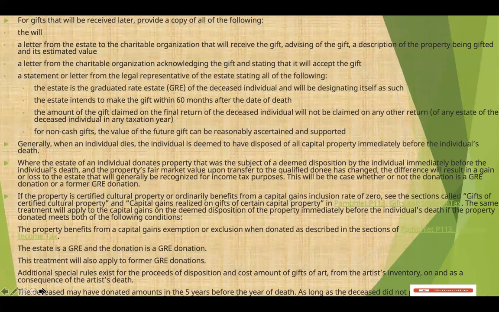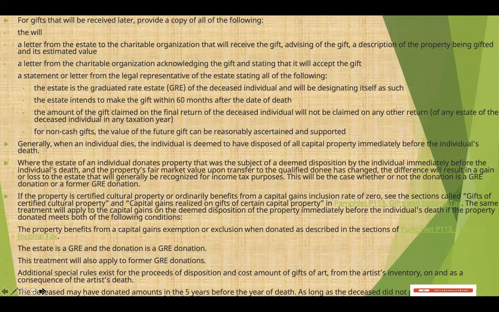If the gift will be received later, provide a copy of the following: a letter from the estate to the charitable organization that will receive the gift, advising of the gift, the description of the property being gifted, and its estimated value; the letter from the charitable organization acknowledging the gift and stating that it will